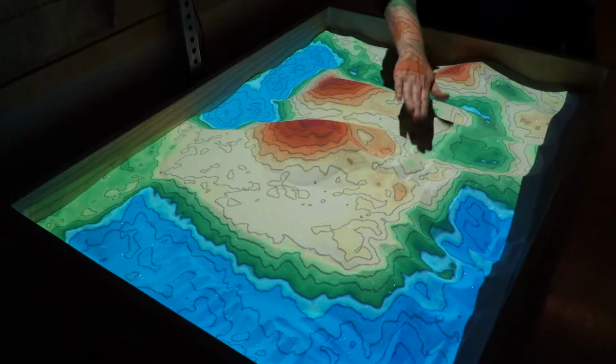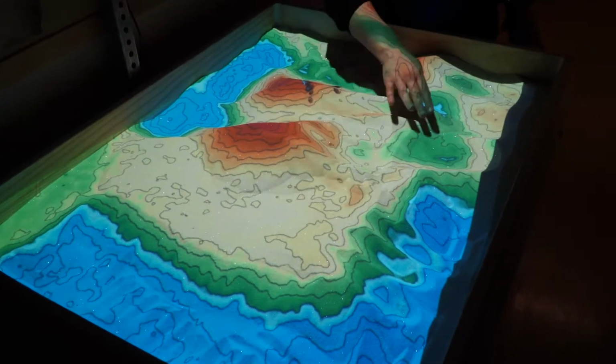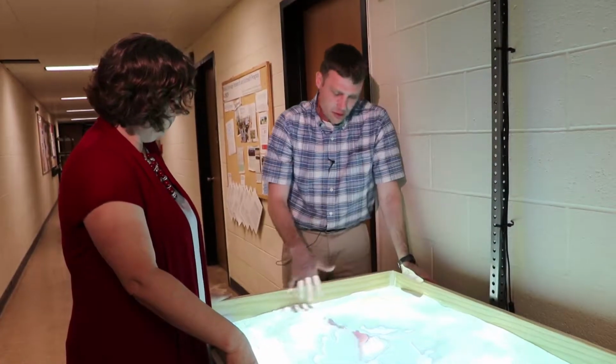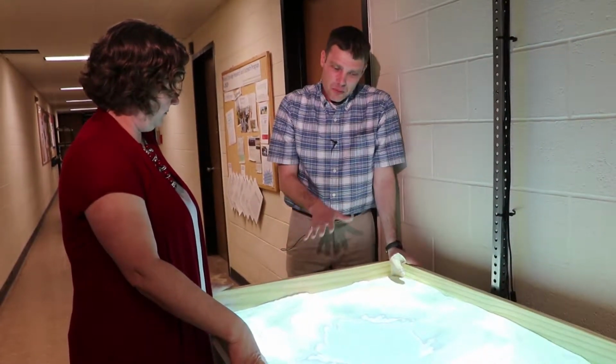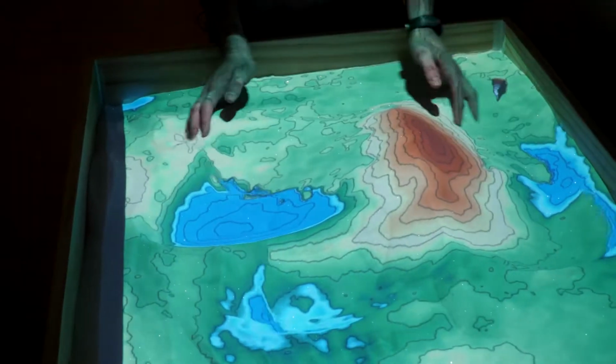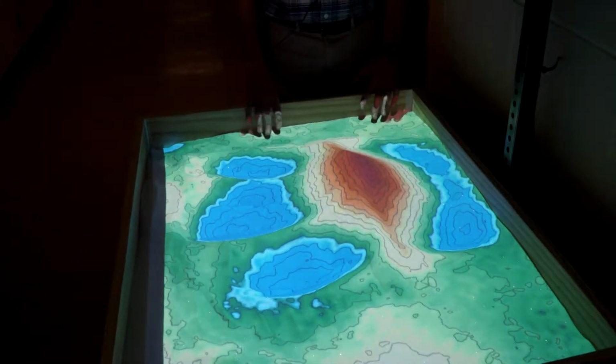Here we are at the augmented reality sand table, or erosion table. This is a representation of topography on our landscape. And we're looking at how topography is reflected on our landscape due to potential management activities or the choices we decide to make on our land and how we're dealing with our land and modifications that we're making due to